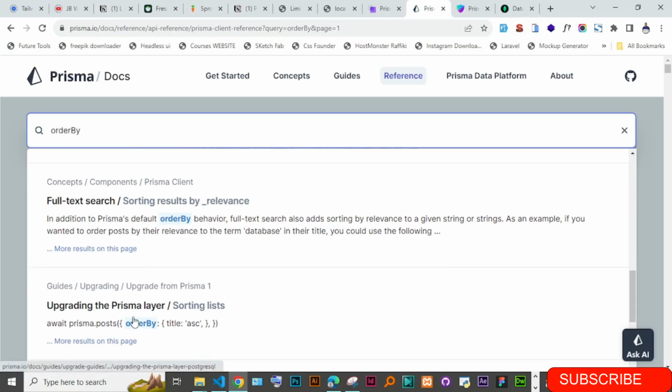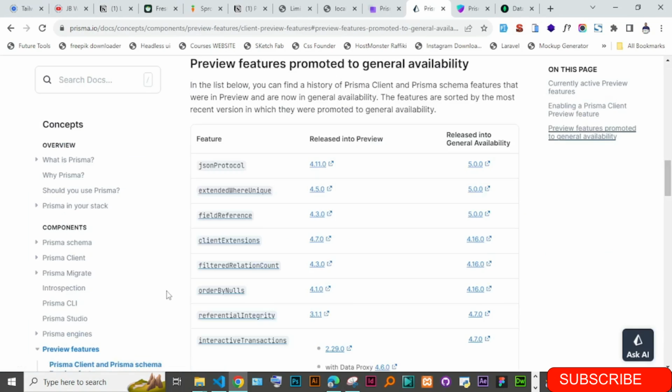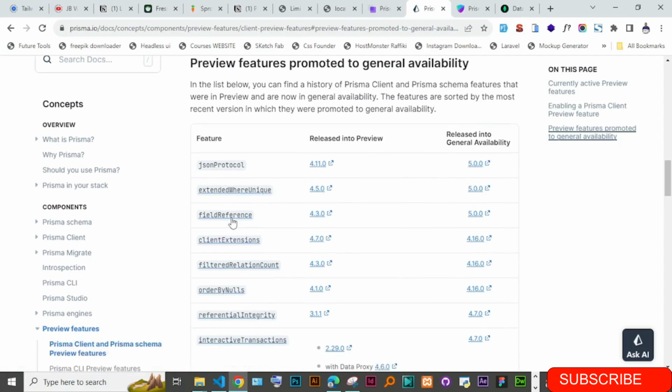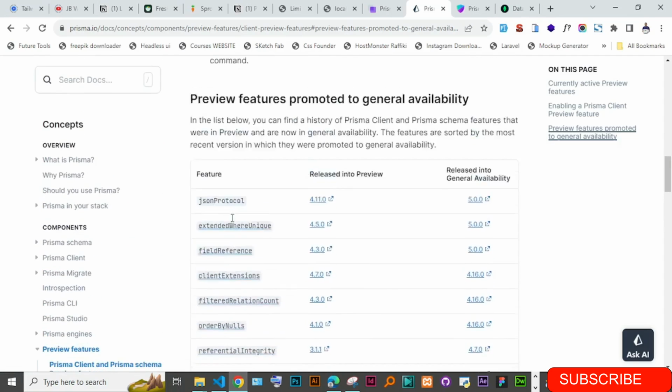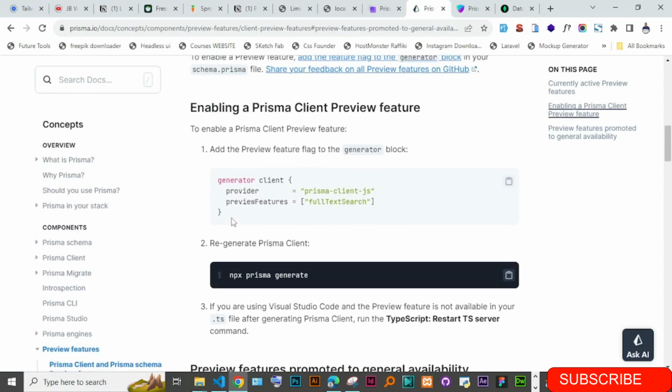I think sorting lists. I just want to show you that you can pass in the